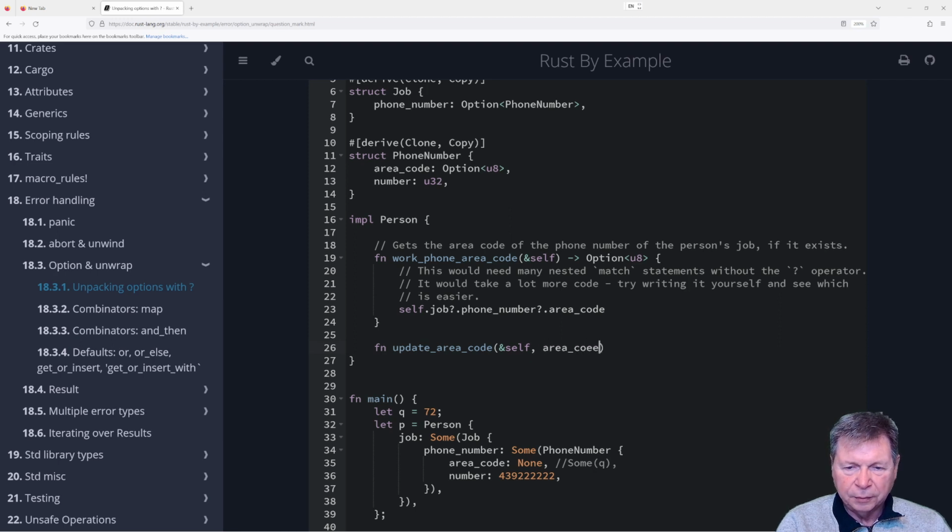Area code, U8. I think that's going to work. And then I want to return option job.